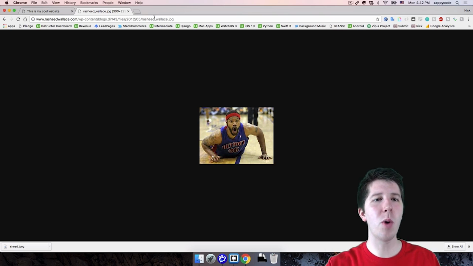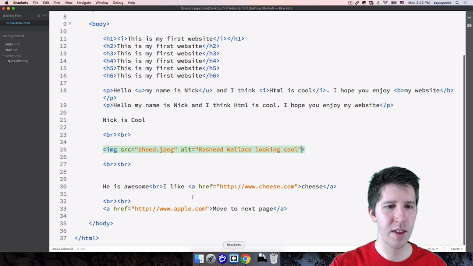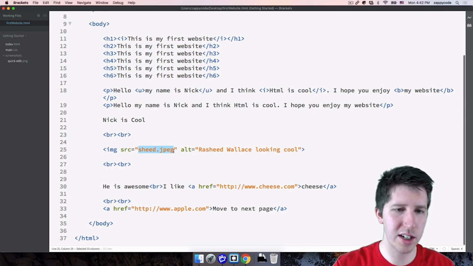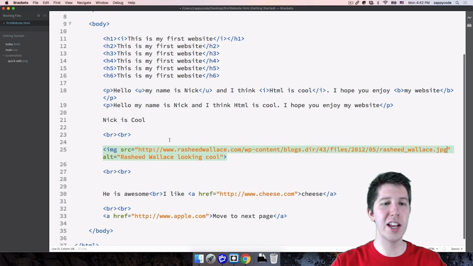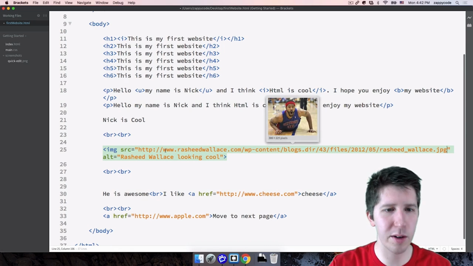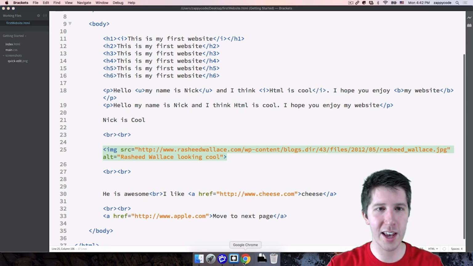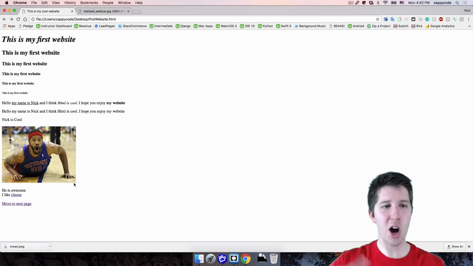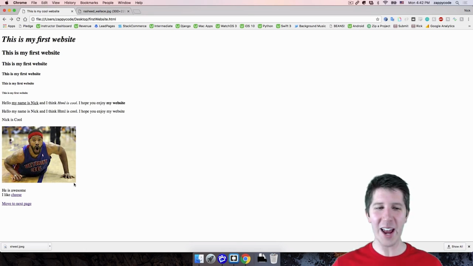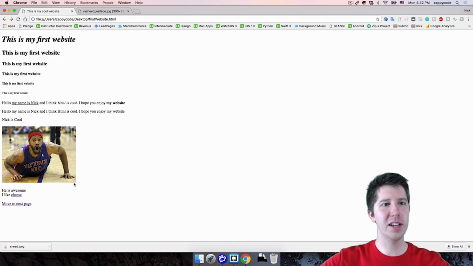So if we wanted this image to show up on our website, we could go back to our code and say, you know what, rather than the source being she.jpg, we could paste in that full HTTP. Make sure you have the HTTP part, this full thing showing where that image is. We hit save and reload this page, and oh my gosh, look at that, Rasheed Wallace shows up. Man, isn't that cool? I love how with both A tags and images, it doesn't have to be things on your website. You can point to other places and go and grab that.